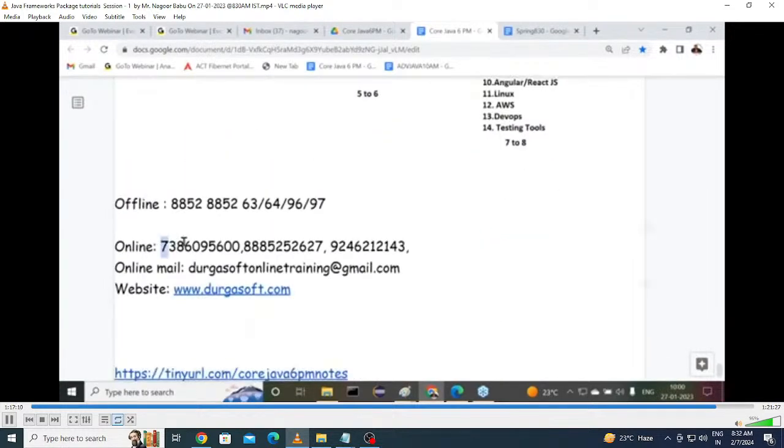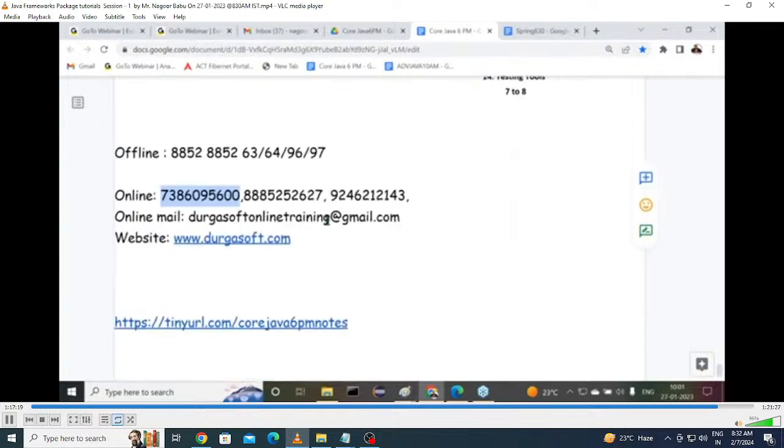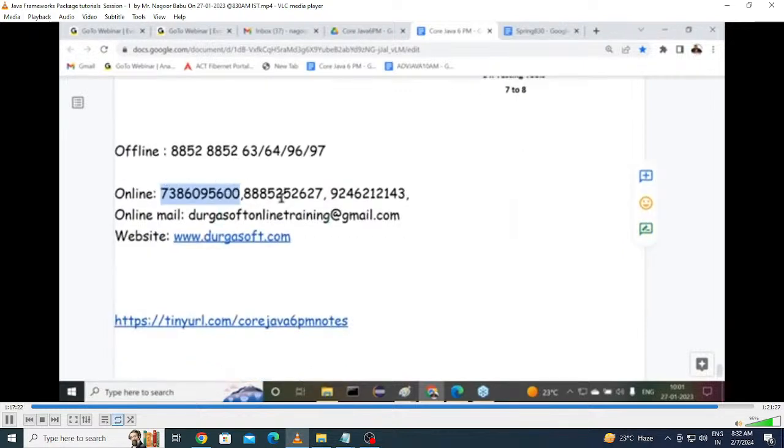Guys, use these numbers for the sake of this payment process. Some of you are sending messages to me. Use these mail IDs, those who are attending online. Use these details so that you can go for the payment mode and everything. That's why I'm giving this option to you now, guys. Please try to use this mail ID and this number, especially this number. Our people will be in touch with you. Any of these numbers we can use. That depends on your view.